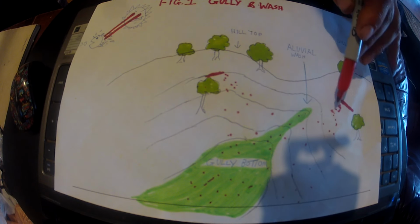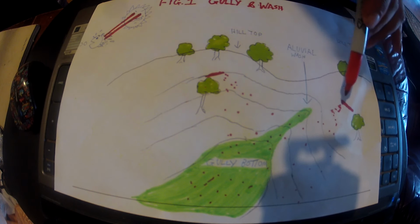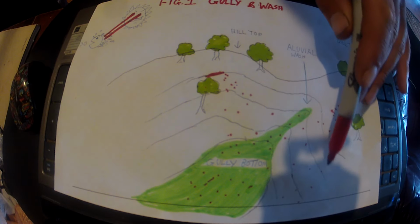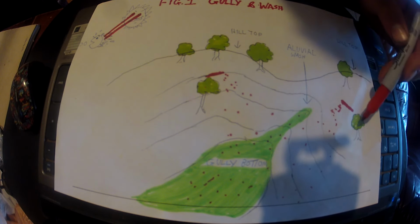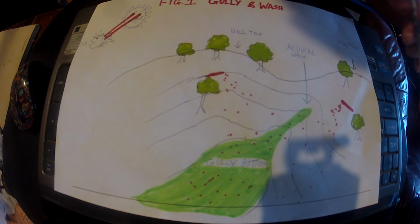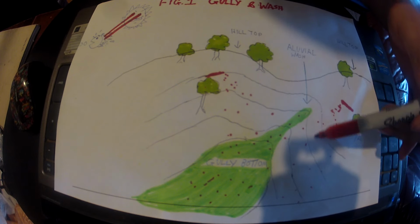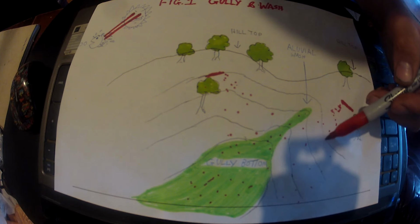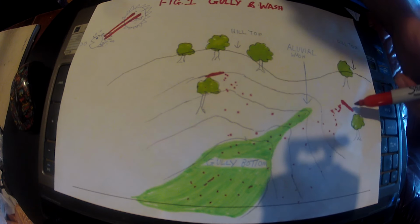So it's more clumped together here where the source is coming from, and as you get further down, that could be maybe 5 meters, 10 meters from the source, and it'll start fanning out. And so you want to concentrate on this area here, where the source is obviously, but once you get further down the gully here, between the bottom of the gully and a bit further up halfway maybe, you might find the odd piece, but your most likely chances are you're not going to find anything around here,